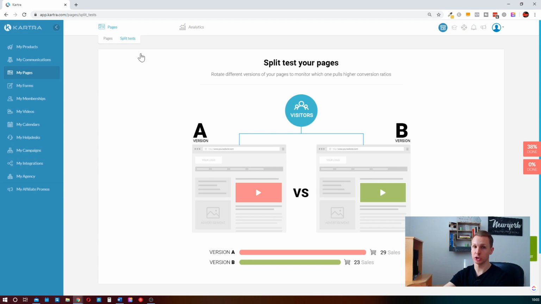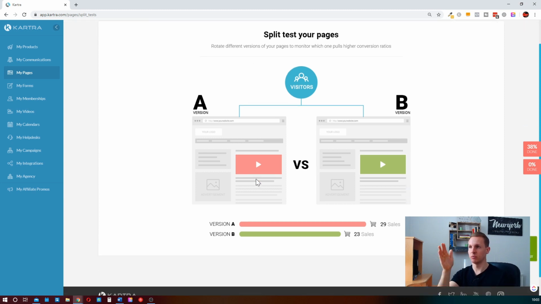time, 4 different versions. And what Kartra will do is you can either allocate 25% of all the traffic to each page equally, or you can allocate it based on, you know, okay, I want 50% of that one, but I want 10% of that one, I want 15% of that one, and so on and so on, depending